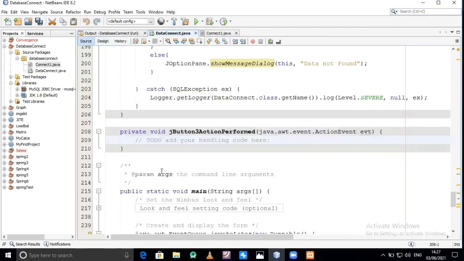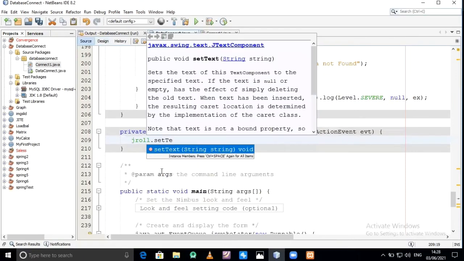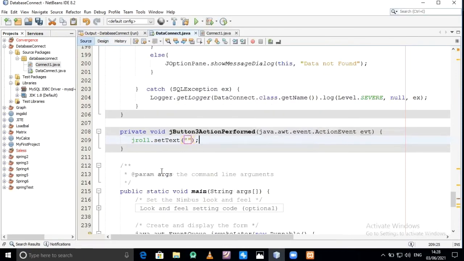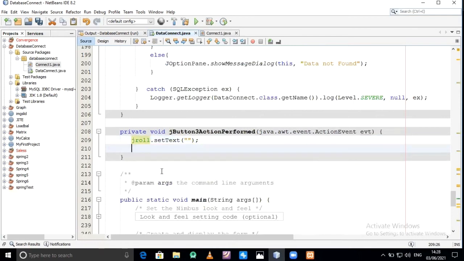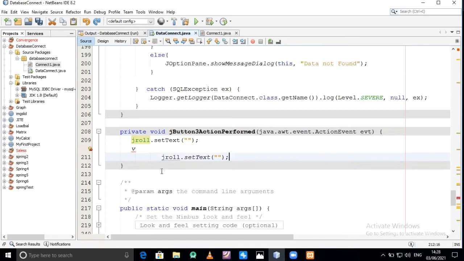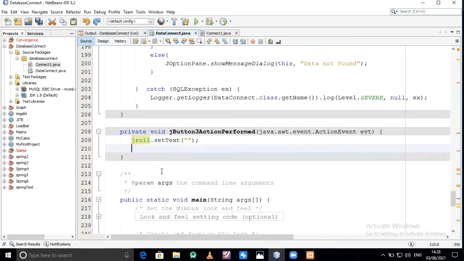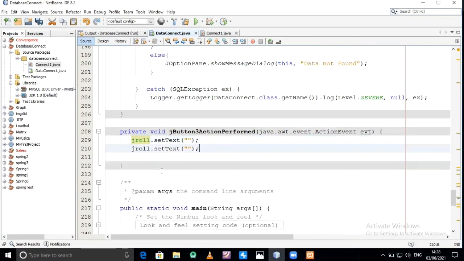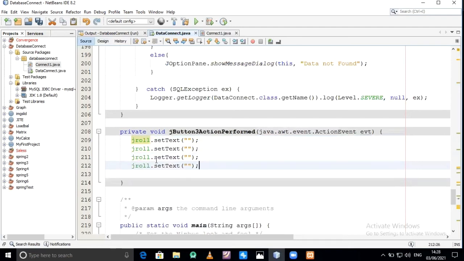So double click on this, click event. jroll.setText equal to blank, and just copy it, paste, and just copy it, paste, and just change the name of the variable: jname, jmob, jemail.